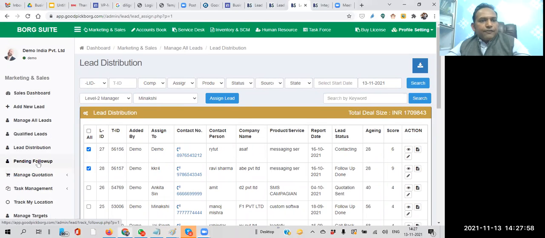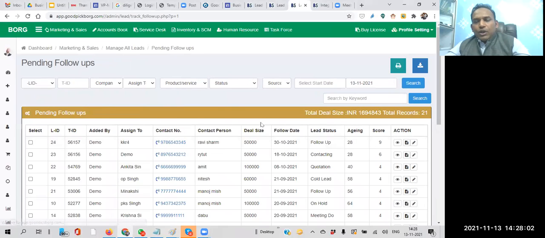By default, all leads are shown till date, till today. For example, today is 13th of November, so all leads whose follow-up date is till 30th November or before that will be shown here.